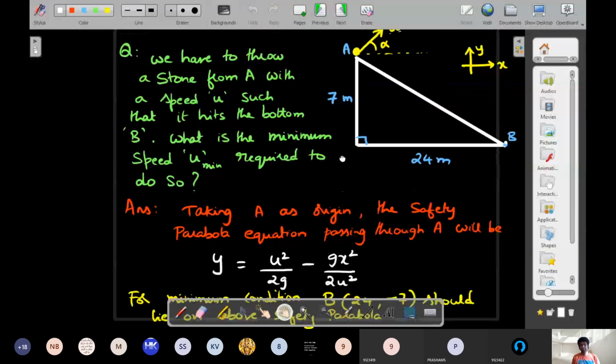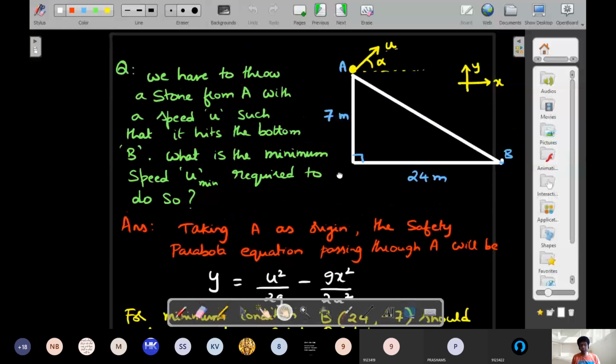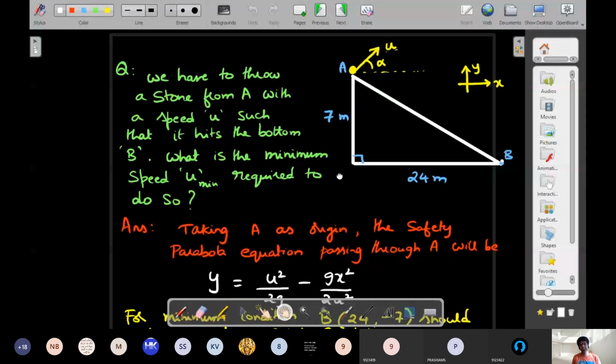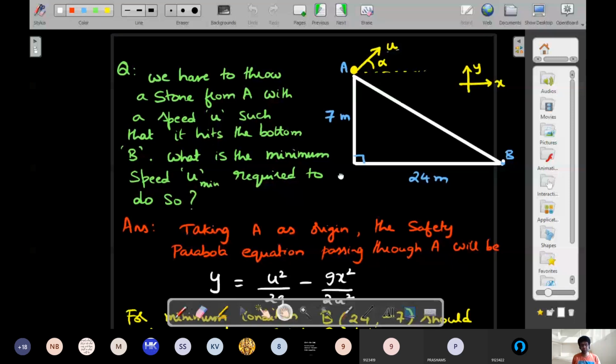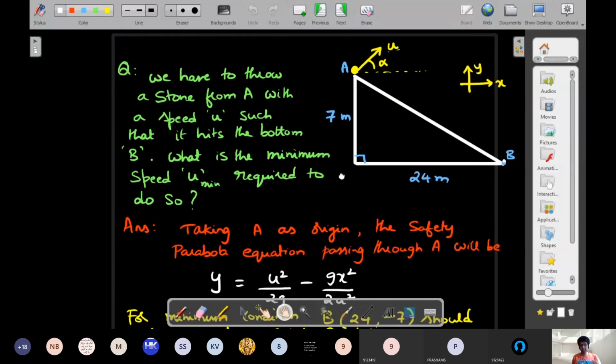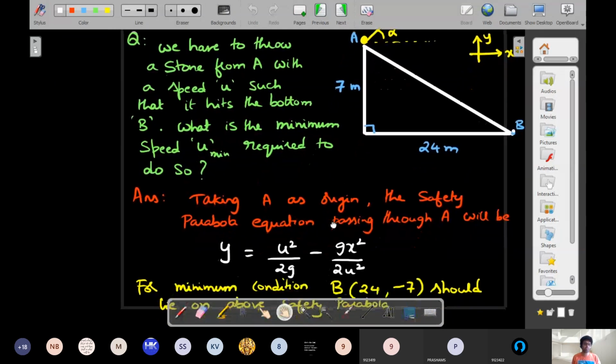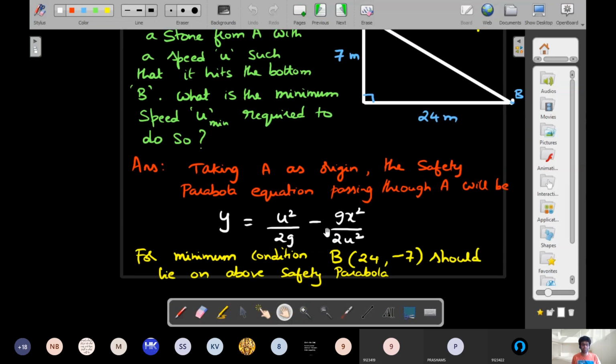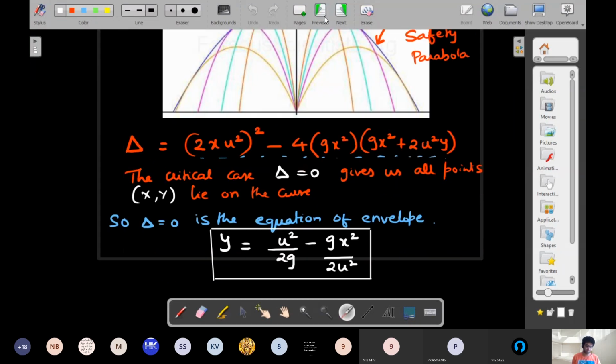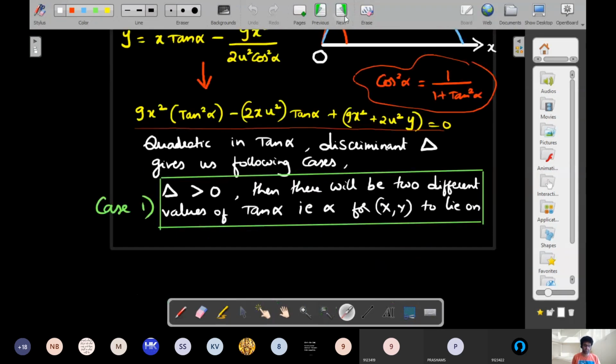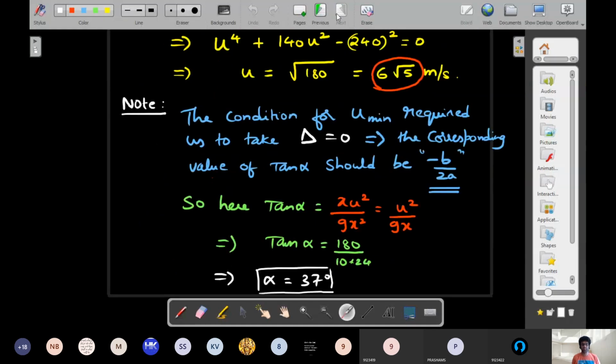So what I would like you to do is go back to this question and try to attempt it using the same vector method that I taught last week, in order to convince yourself that both these methods are trying to speak the same language. You're supposed to be able to get it in 2 ways. The reason for teaching that one first is that it is actually easier to attempt in the exam. It would be very difficult to expect a student to remember this particular formula. It looks like a very short solution here, but arriving at this one itself required the entire sections that we wrote in the previous 2 pages. So that's the entire logic of the safety parabola. Just another method to add to your advantage.